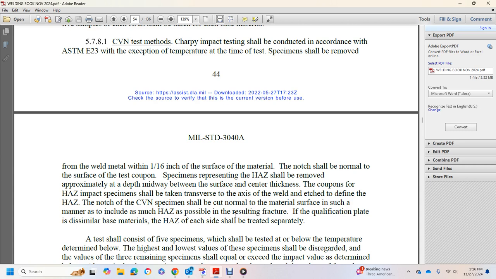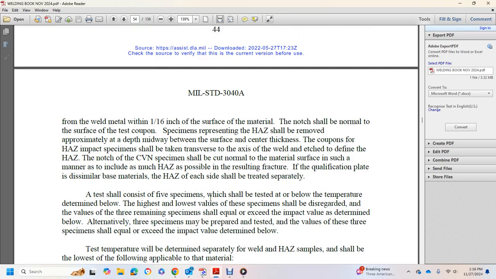specimen, transverse to the weld, with the edge defining the heat affected zone of the notch for the Charpy V-notch specimen. The Charpy notch is normal to the material surface in such a manner as to include the heat affected zone in the possible resulting fracture. If the qualification plate is a dissimilar metal, the heat affected zone on each side shall be treated separately,